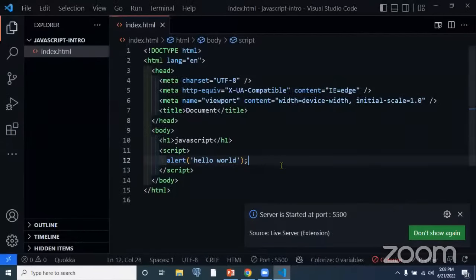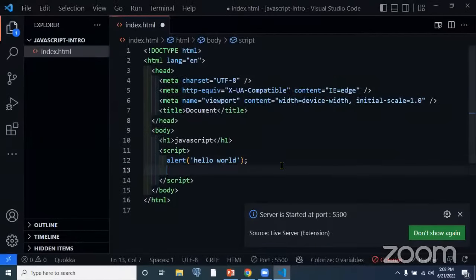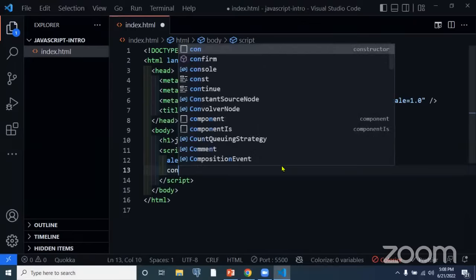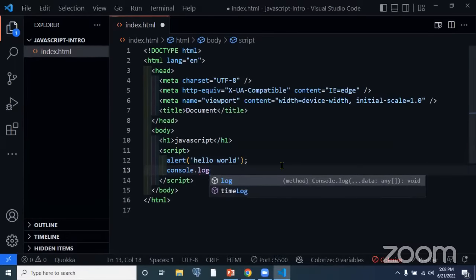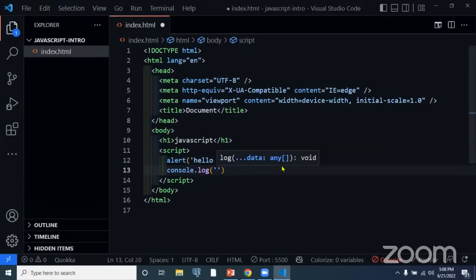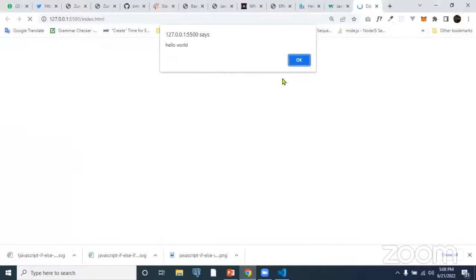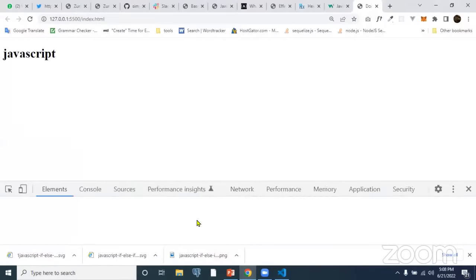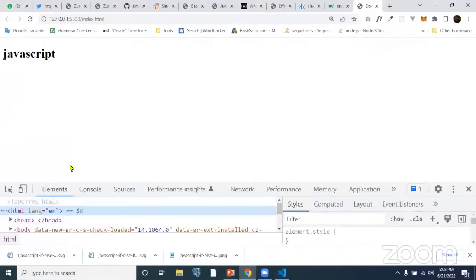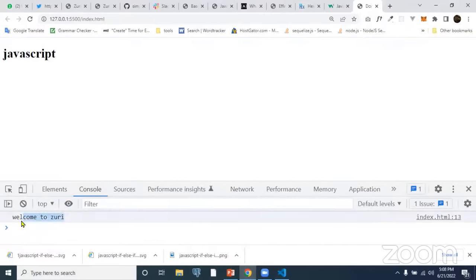So I can start writing so many things inside this file. Okay, let me use console.log, Welcome to Zuri. So you have it already. So if I check my console log, can you see now we have